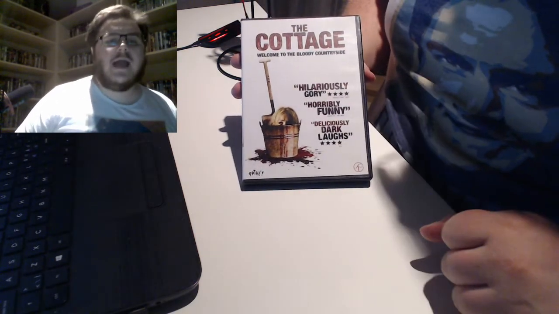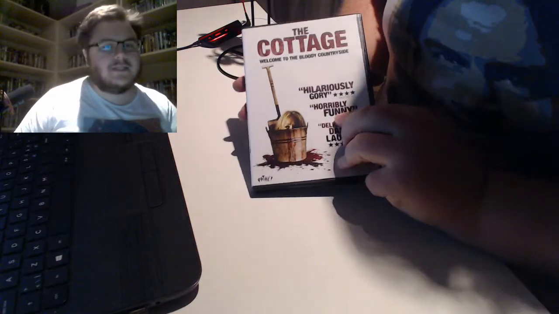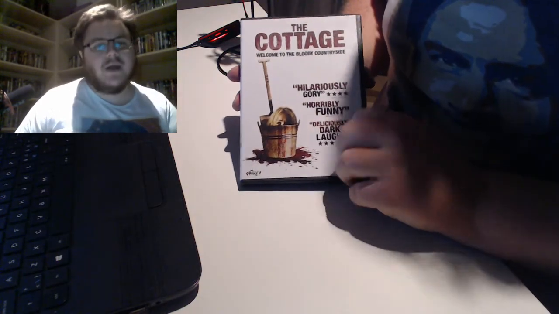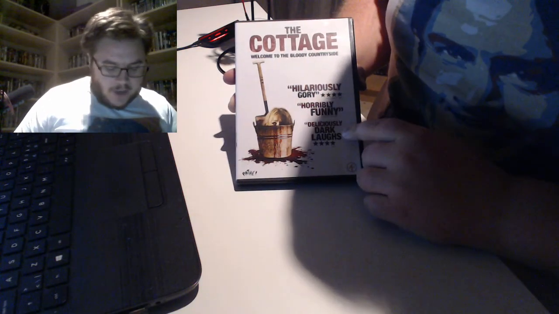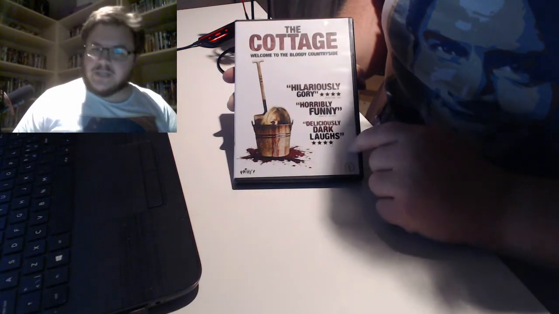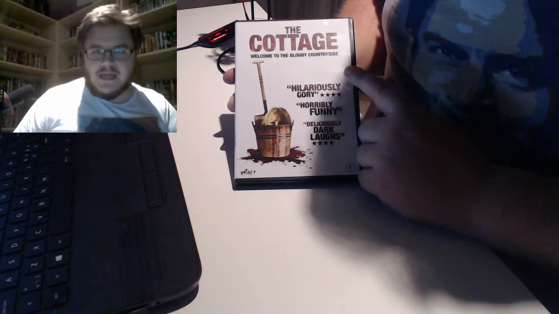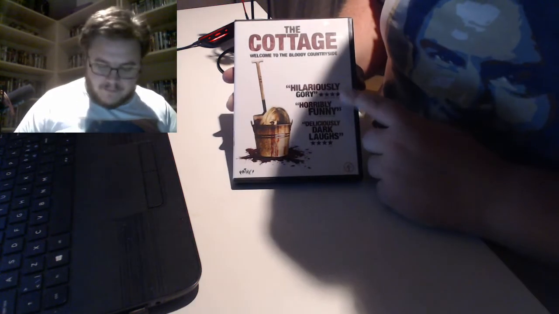Really interesting, and it has Andy Serkis not playing a CGI monkey for once. Deliciously dark laughs. Horribly funny, hilariously gory. These actually describe the movie very well. It is a lot of fun, even if it is kind of stupid at points.